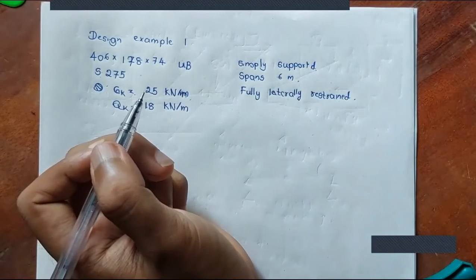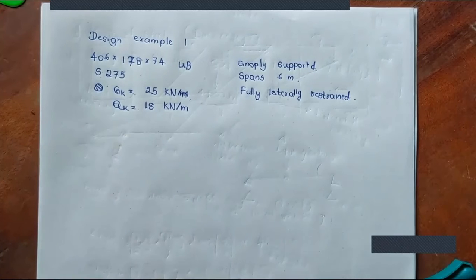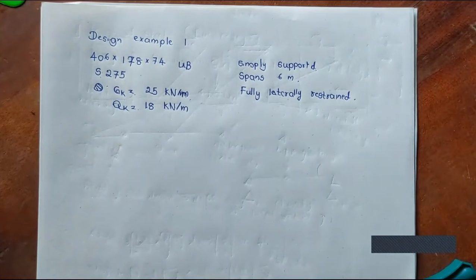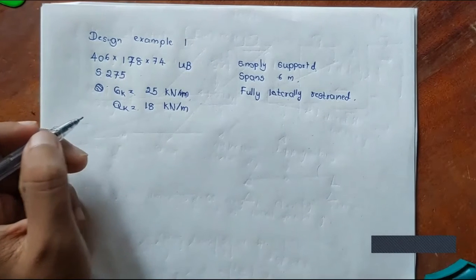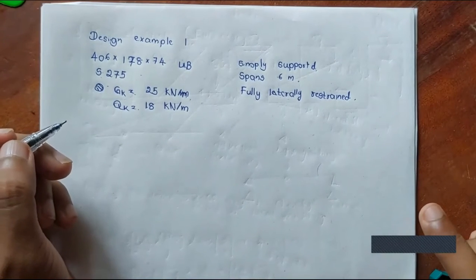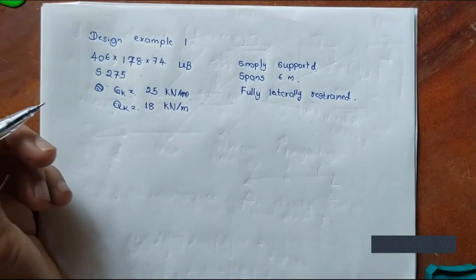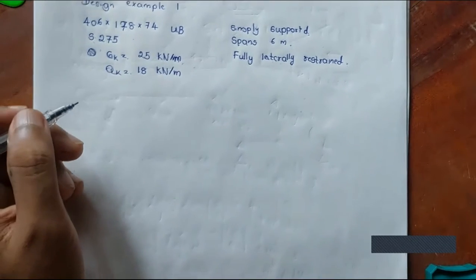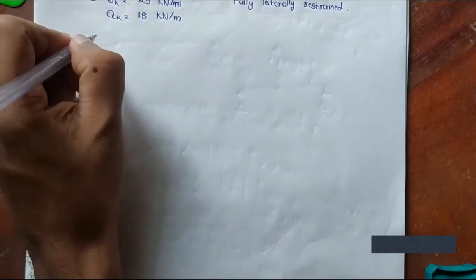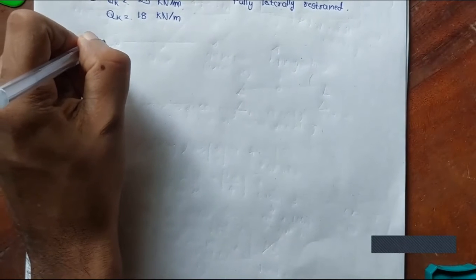Right? So we have to check that the proposed section can withstand the design load at the ultimate limit state and the serviceability limit state. So we need to first consider the design actions, right? So the design actions will be like this, right? The design action,